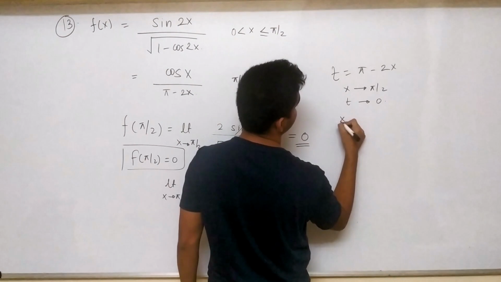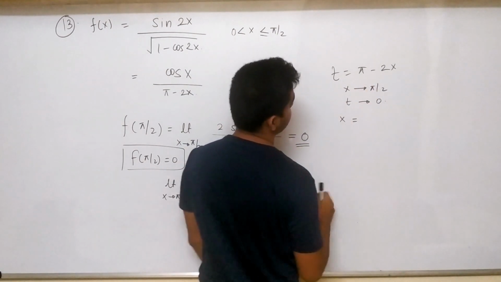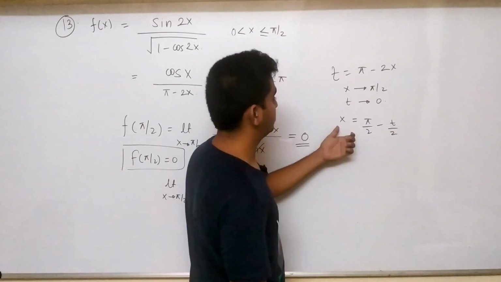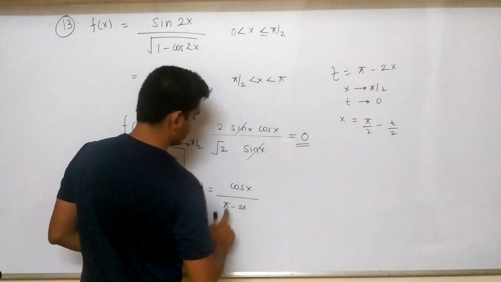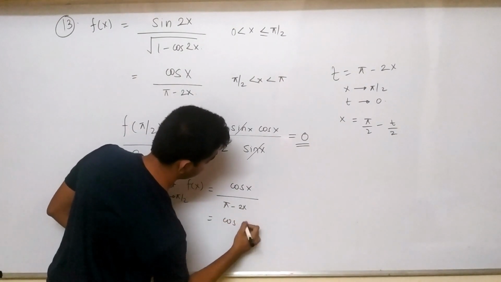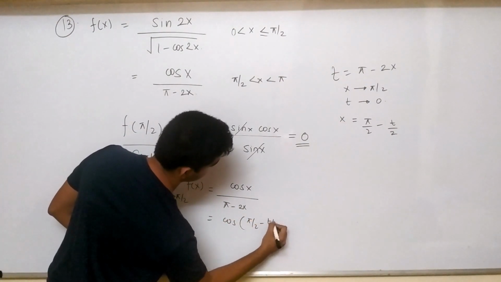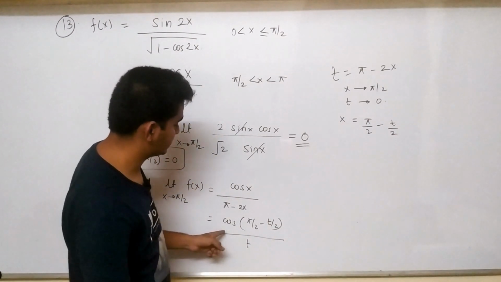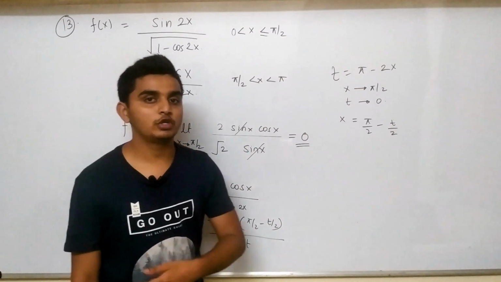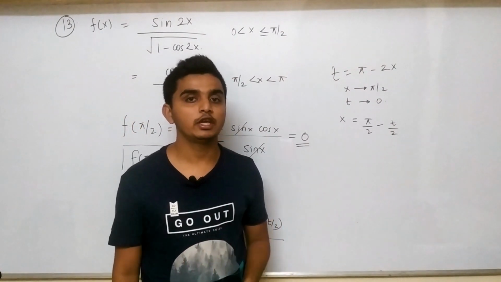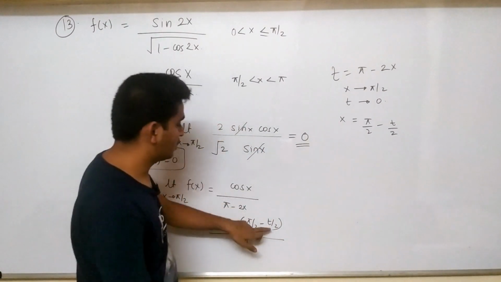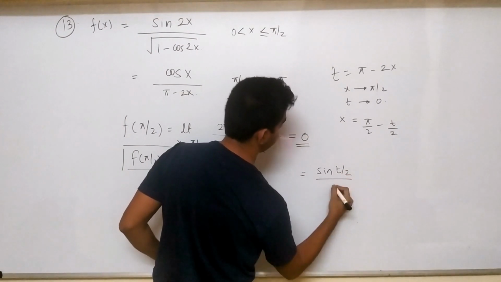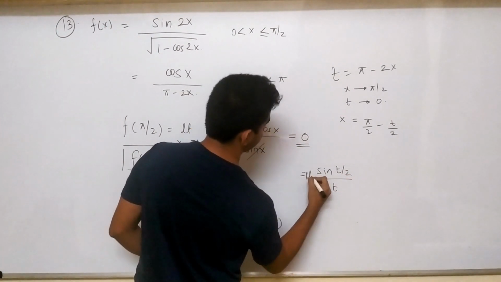Also x can be stated as pi by 2 minus t by 2. So that comes from the simplification. So this cos of x will become cos of pi by 2 minus t by 2, everything divided by t. Now we have the problem as cos of 90 minus theta. So what is cos of 90 minus theta? It is essentially sin theta. So what is theta over here? t by 2. So it will become sin t upon 2, everything divided by t, and limit t tends to